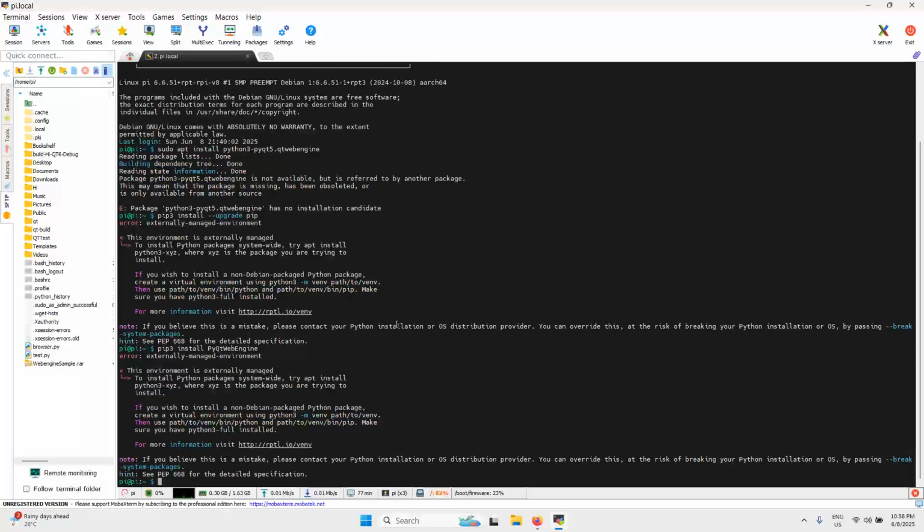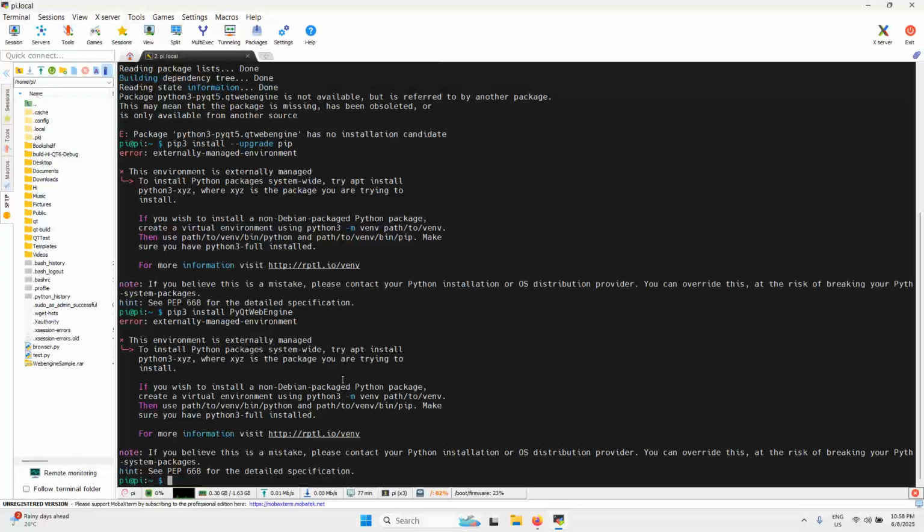Pip install upgrade, pip install PyQt. Externally managed environment: this environment is externally managed. To install packages system-wide, try apt install python-xyz, where xyz is the package you're trying to install. So it seems that